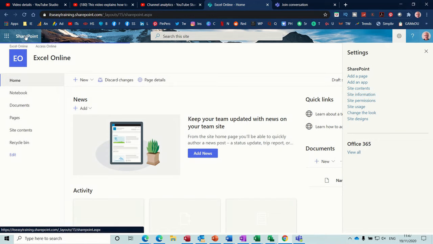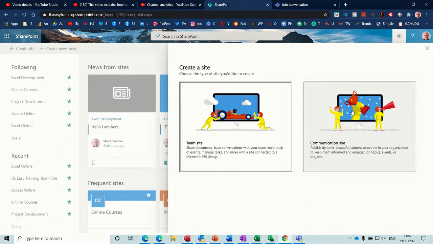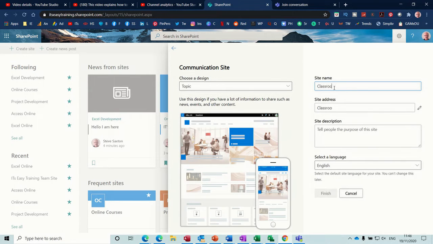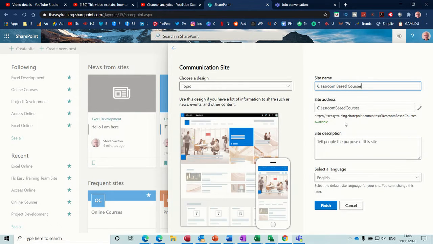So if I go back to SharePoint, what I want to do now is create another site, but this time the communication site. So it's a similar sort of story going on here. So site name, so I'll call this classroom based courses, and you don't get the email coming up, the group email. Courses in classrooms, basically. Didn't need to put anything there. Finish,